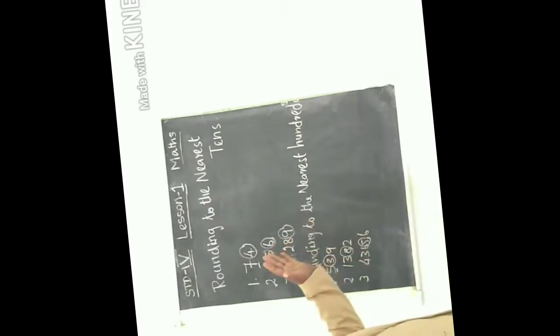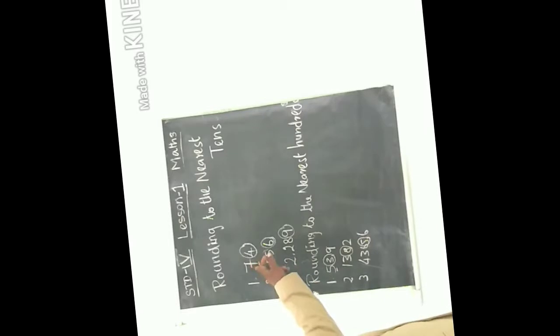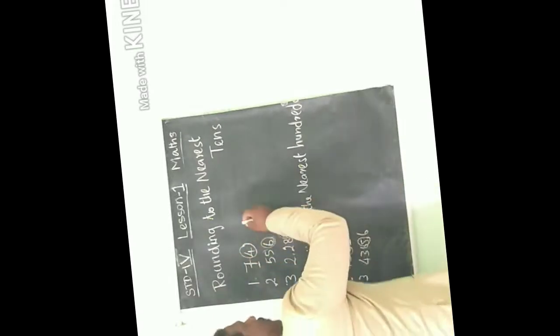Okay. Now they have given a 5-digit number. Nearest 100 means how do we find out which number we want to modify. Ones, tens, 100. This is a 100 question, but we want to round the number to the nearest 100. How do we modify? How to round the number? Let me see, 74. So nearest 10. Ones, tens. So we want to round the number. So we have rules.